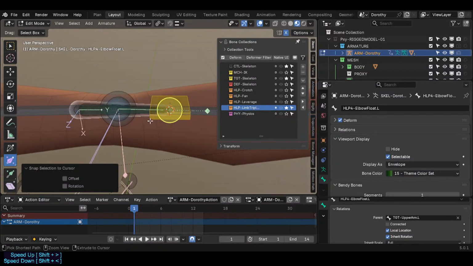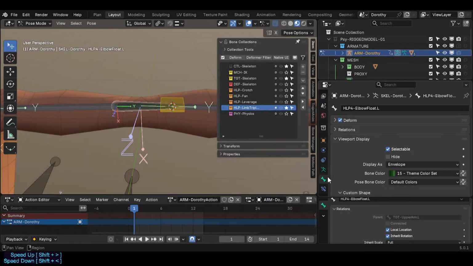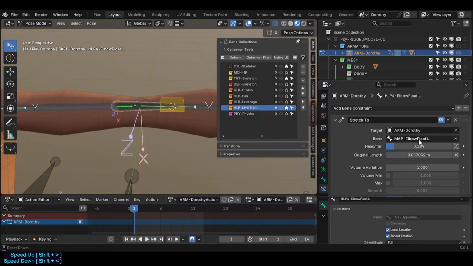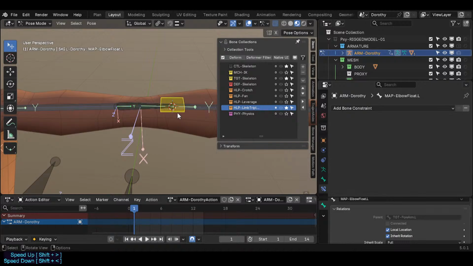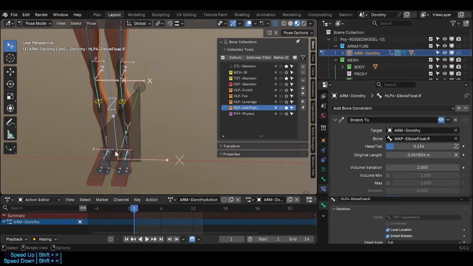Okay, then we are gonna change this target here, stretch to this, and then we can resymmetrize that, and then